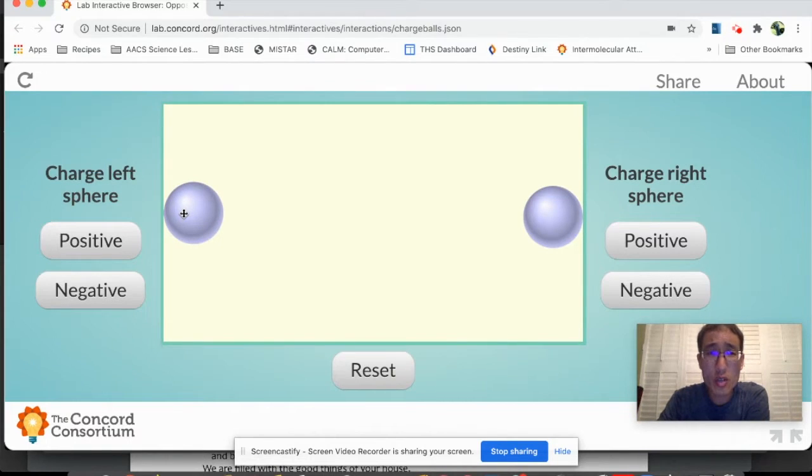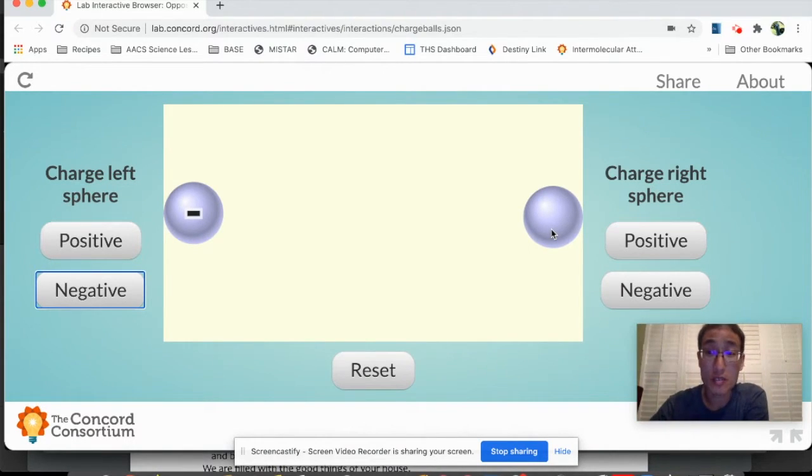And then let's go ahead and charge one of these up. If you remember the charged balloon, when we do that, we get one charge from your hair, and that's actually going to be negative. So I'm going to make this one negative. And from middle school, hopefully, or at least ninth grade, you should have learned that if I have a negative charge here, well, the only way it's going to be,